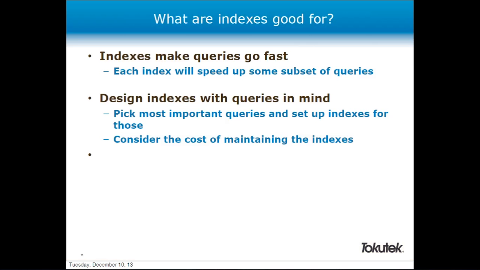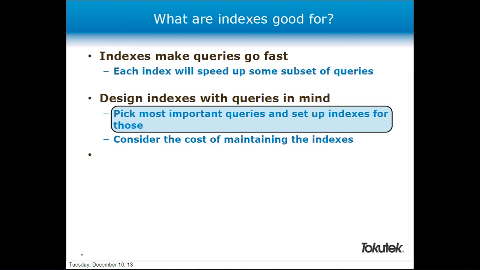So why do we even bother having indexes on our tables? Well, the reason is because we want them to make queries go fast. If you didn't have any queries you cared about, then you wouldn't need indexes. Each index is being used to speed up some subset of queries. So given that the purpose of the existence of indexes is for queries, it makes sense for you to pick your most important queries and set up your indexes for those. So the key here is what I'm going to be going through is how to go about designing indexes